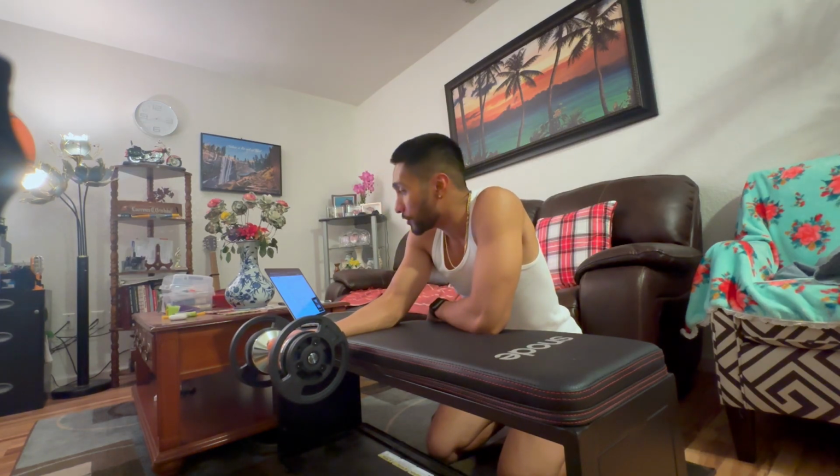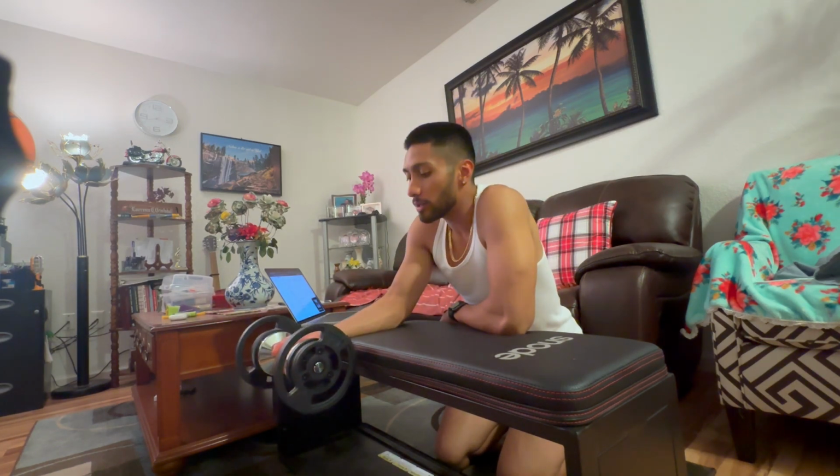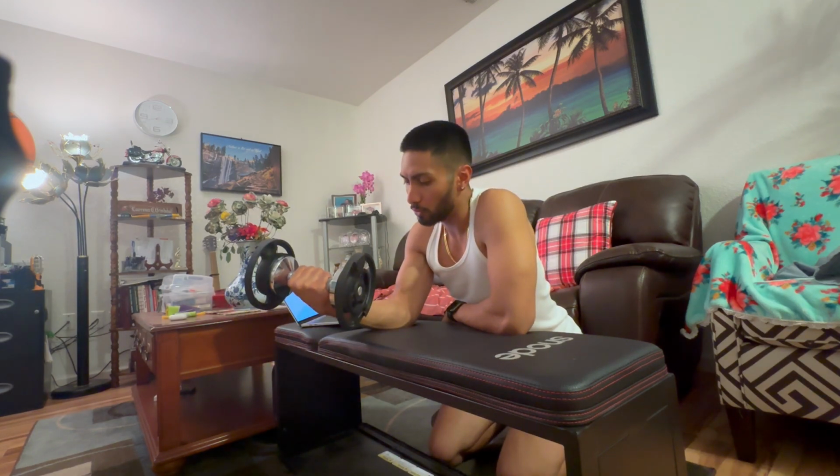And its range of movement is going to be the full arc because we are here in extension and we're going to curl it all the way into flexion of the wrist as much as we can. Full arc. So let's do 10 reps. Hopefully this isn't too heavy for me. And let's begin. 1,